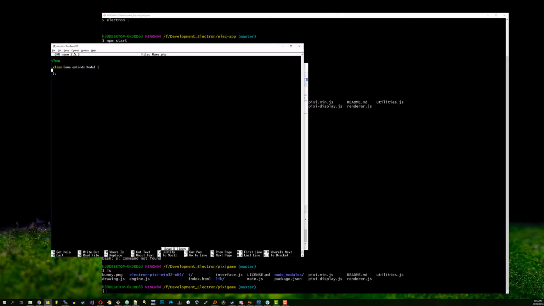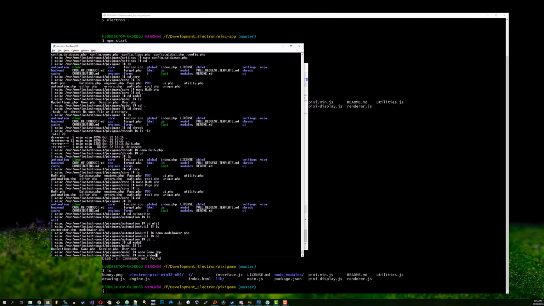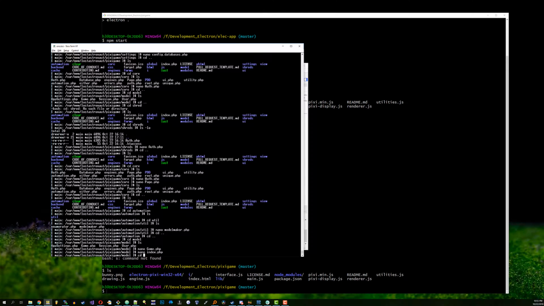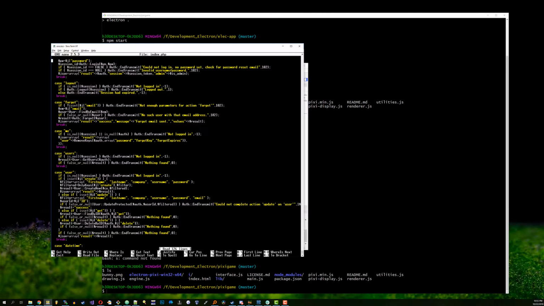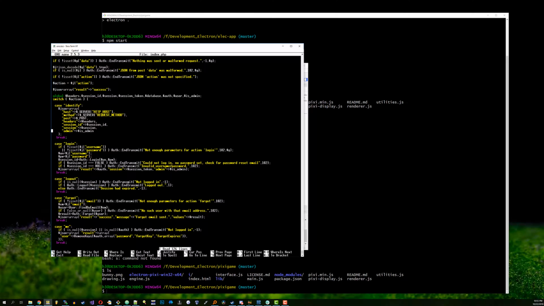You can probably put save and load in here, maybe add player, set turn, start game, things that can be called from an action in the index.php. So your index is basically there to validate the incoming request. And one of them is going to be create new game, and create new game is